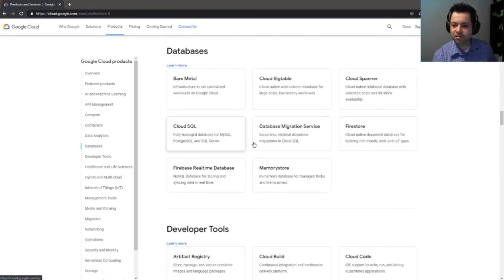Maybe you don't need an operating system. Maybe you want to use a database environment, right? Maybe you want to use Firebase or you want to use Bigtable or BigQuery or something of that nature. It's all there. And again, if you go back to the last video, you realize that this is all available to you. You just have to pay for what you use. And again, kind of the nice thing about being in the cloud is that it is all managed by you, it is all paid for by you, and it is all scalable to your needs. So definitely check out the available products.